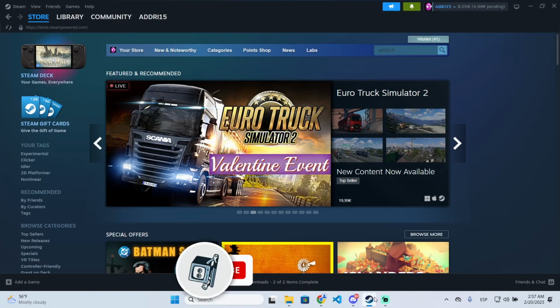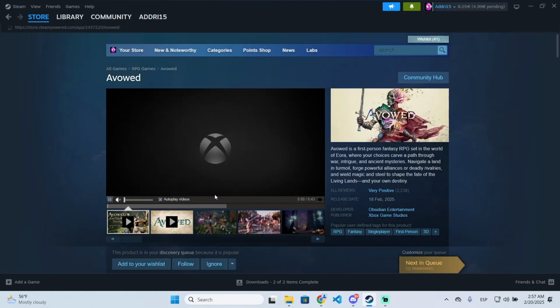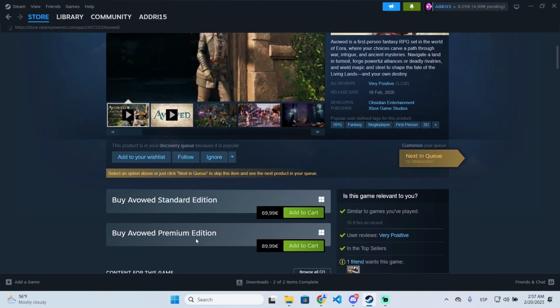So all you need to do is download Steam. This is completely free and it's a game launcher. So if you have it already, you need to search for Avowed right here. And once you are here, what we need to do is scroll down and choose between the standard or premium